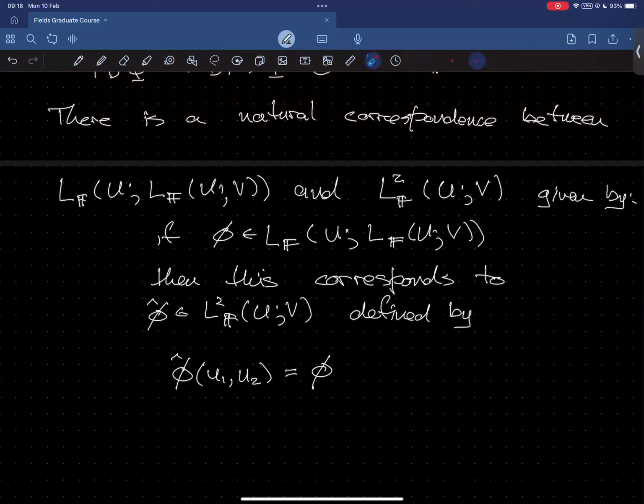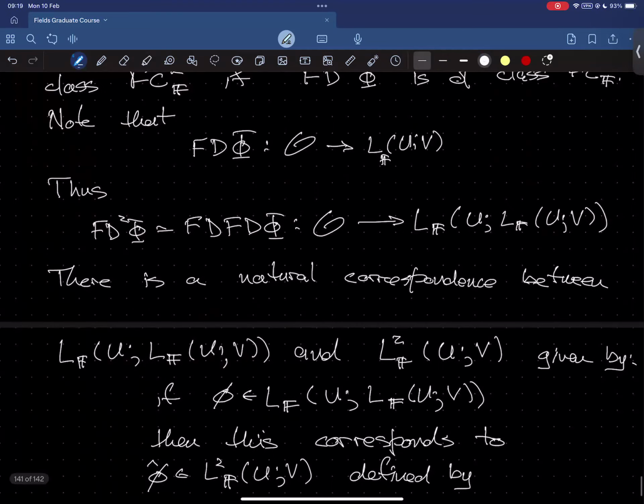So phi takes U and gives you a linear mapping, right? So if I take phi and I apply it to U1, then this will be a linear mapping in here, and therefore, it will take an argument in U and give you something in V. So you write it like this, okay? And so in this way,